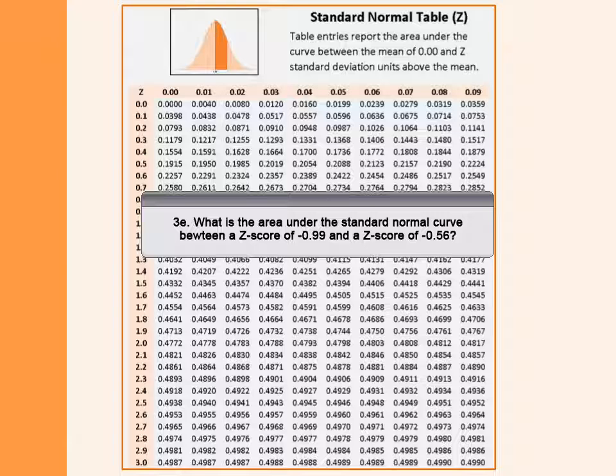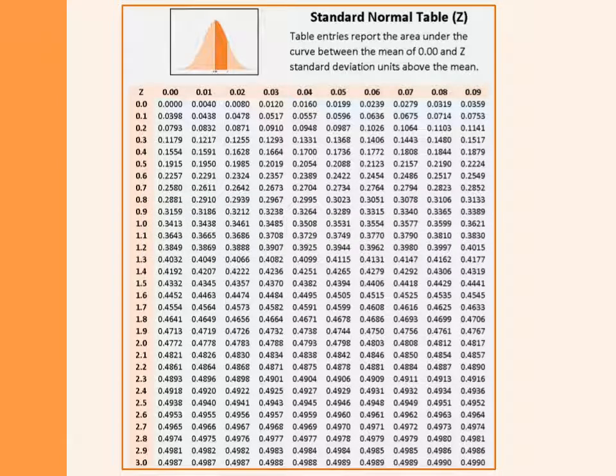The next two problems in this set require a similar procedure to what we just performed, but this time both z-score values fall to the left of the mean of 0, as they both are negative values. As we have done previously, we'll look up in a table the absolute values of these z-scores. So first of all, we'll find the row with the z-score of 0.9 and the column of 0.09. We then will look up the z-score of 0.5 and the column of 0.06.